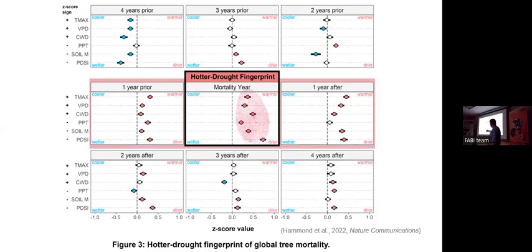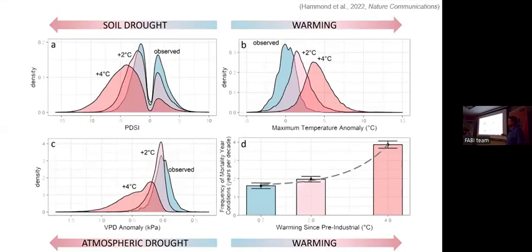The years after that, things kind of return to normal, where we don't have that strong signal agreement among these multiple climate metrics. In the supplement to the paper, you can look, like, 20 years into the past, and you never see a fingerprint like this show up along that long-term climate record. So we do feel like this is a pretty cohesive and consistent signal. We also provide versions of this in the paper in Nature Communications that break it down by biome if you're interested. We also took those global forest mortality observations and looked at a couple of climate scenarios that are different